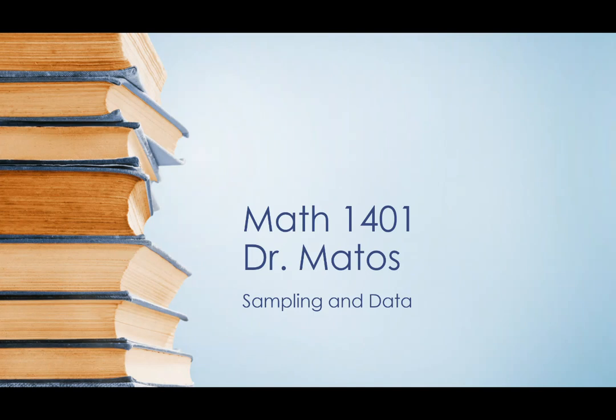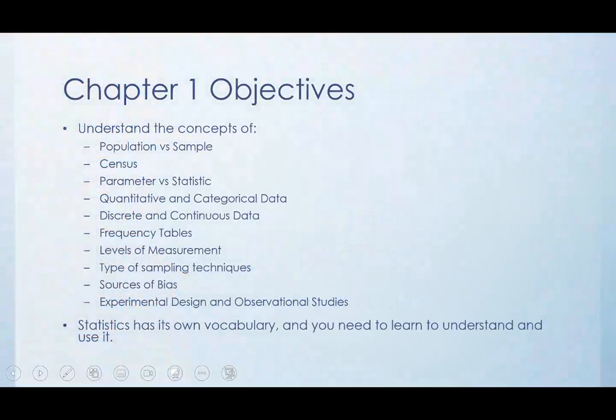All right, so in this chapter, we're going to be looking at the various aspects of sampling, data, experiments, observational studies, just a whole ton of basically vocabulary and concepts, not a lot of calculations. So included in this, population versus sample, what is a census, differentiating between parameters and statistics, quantitative versus categorical data,